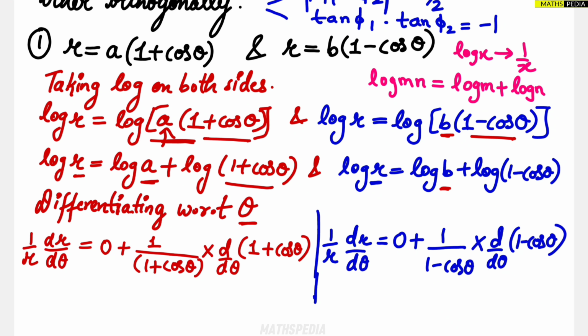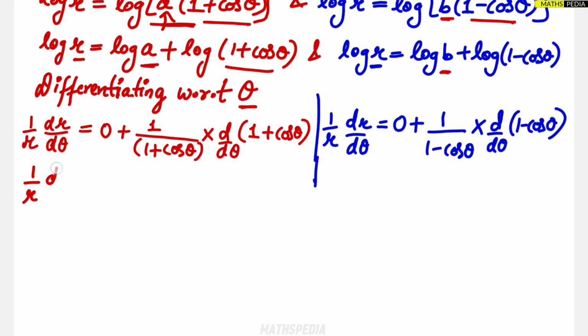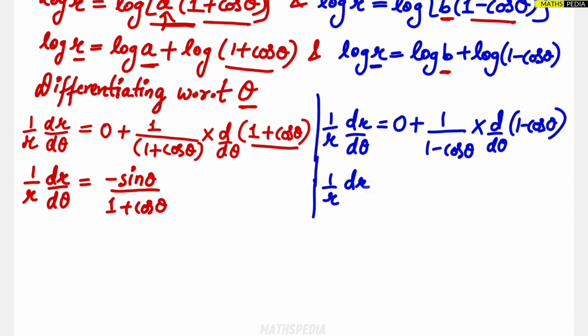Now we'll simplify. So 1 by r dr by d theta is equal to 0, we can avoid. 1 plus cos theta differentiation: 1 differentiation is 0 and cos theta differentiation is minus sin theta. So it becomes minus sin theta divided by 1 plus cos theta. Simple. Now here, coming to this part, again the same thing, 1 by r dr by d theta